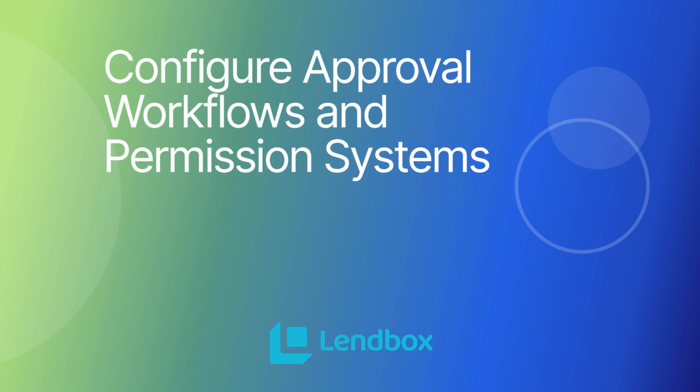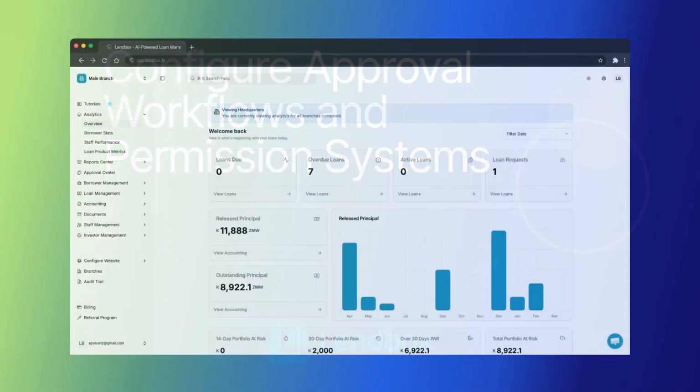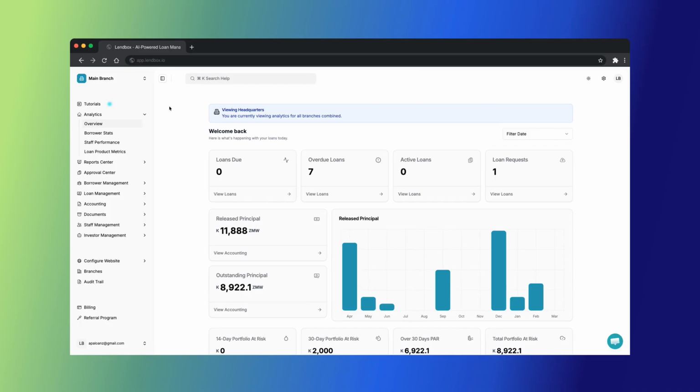If your lending business has multiple staff handling loans, repayments, and accounting, you need controls in place so nothing gets approved without the right eyes on it. An approval workflow is simply a chain of sign-offs a loan, repayment, or journal entry has to pass through before it's active. In this video, you'll learn how Lendbox's approval workflows work and how each role in your team fits